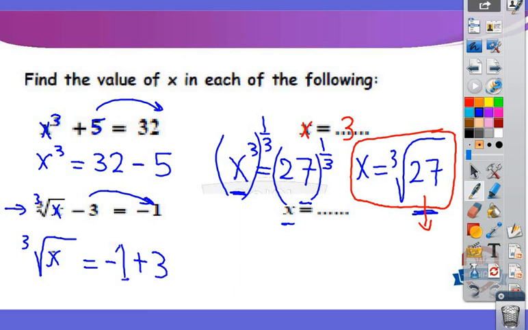So here we have the cube root of x equals 2. What is the number whose cube root is 2? It will be 8, because the cube root of 8 is 2. So x here equals